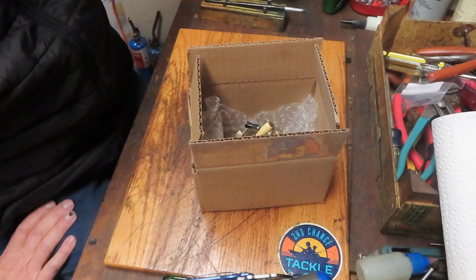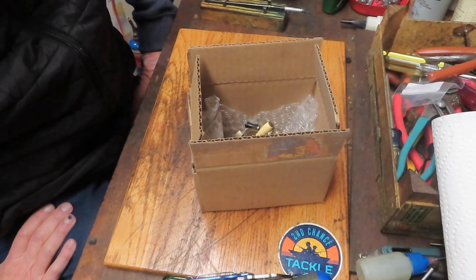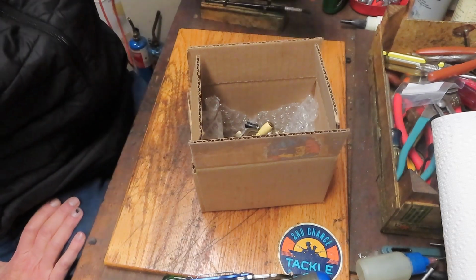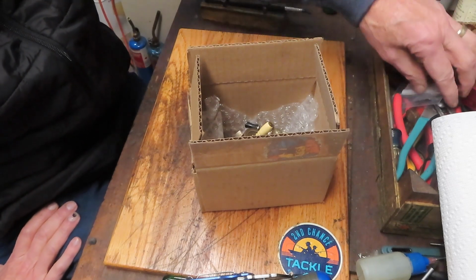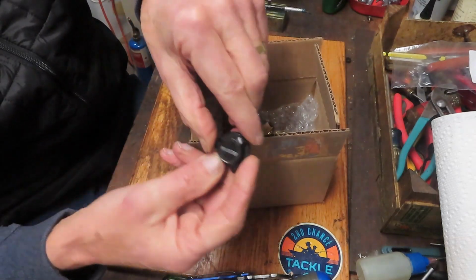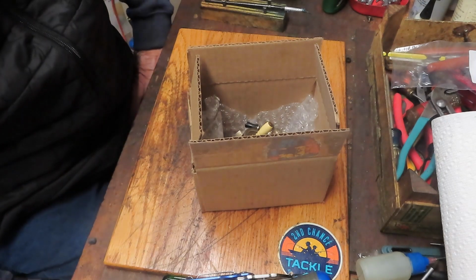I was actually out on eBay looking for a replacement part for a Shakespeare reel, one that is no longer available in distribution. And those of you that need parts for old reels, if you can't find it from a distributor, check eBay. There's oftentimes where reels will show up there as parted out. That means that somebody is taking the reel apart and selling the individual pieces and parts to help others repair their reels. So if you're in a bind, if you're looking for something, say a handle or maybe a drag adjusting knob for a fluger, or a spring, a drag washer, whatever, eBay is a good source of